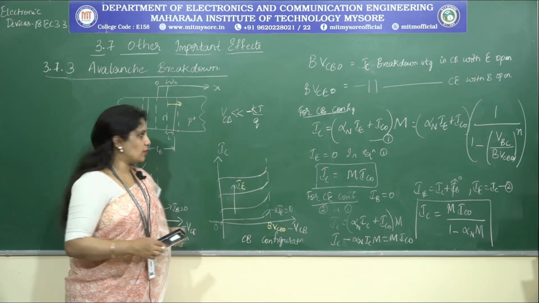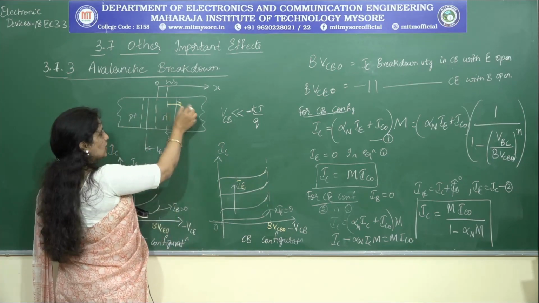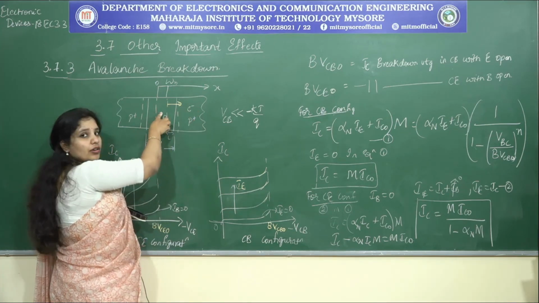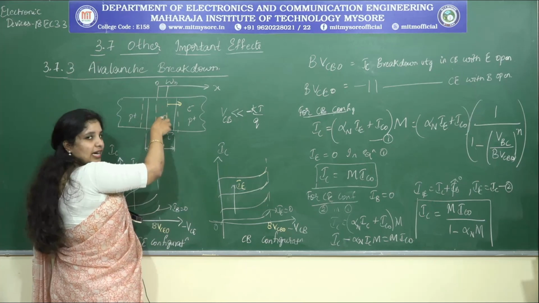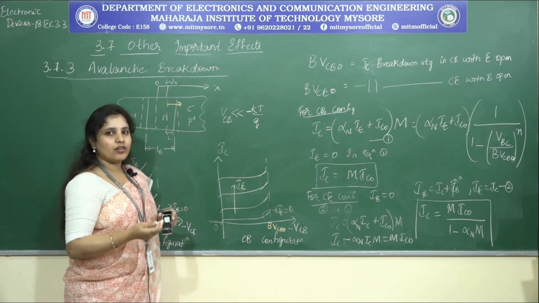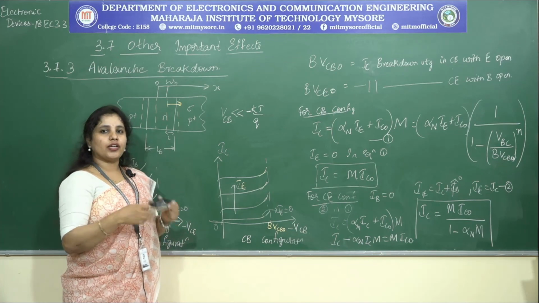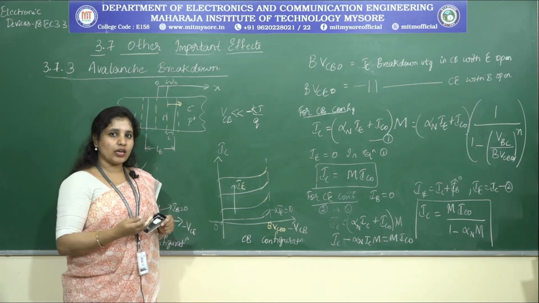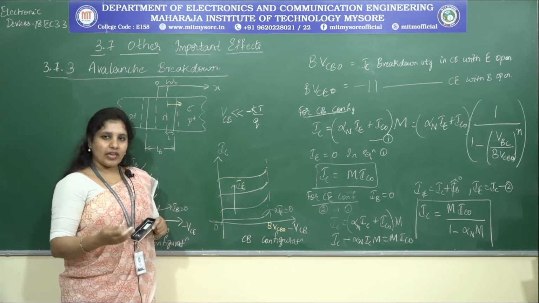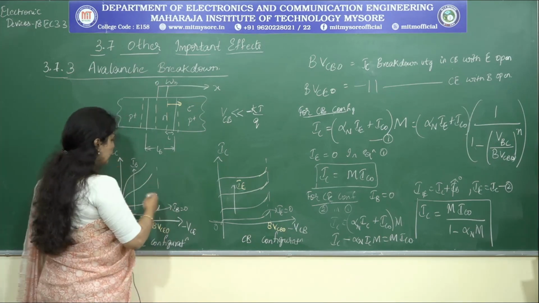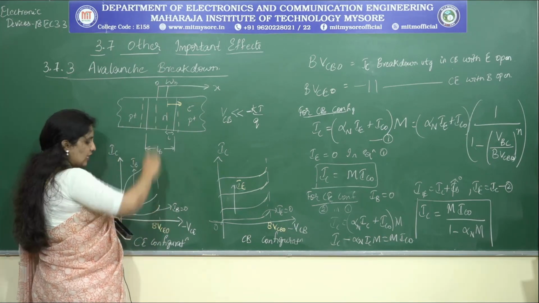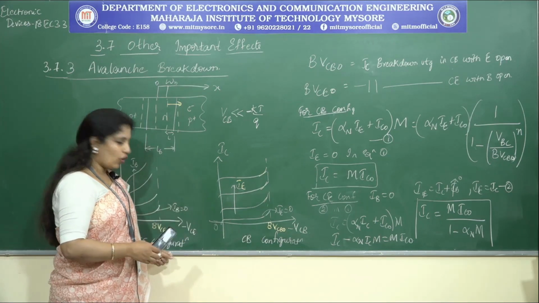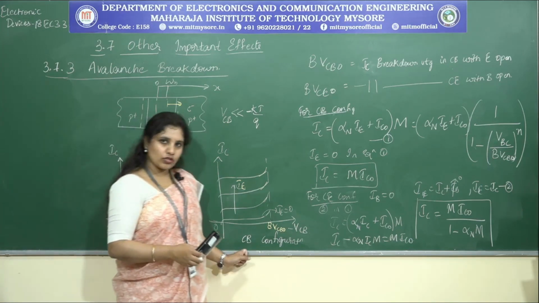So, what is the phenomenon that takes place? Because of the high electric field intensity, the electrons, that is the minority carriers present in the P plus, get drifted towards the N region, strike the atoms present here and generate secondary electron hole pairs, which again strike and create a third one, and similarly it goes on. As a result, the carrier concentration increases, and this results in what is called avalanche multiplication, which makes the current break down at a certain point and increase tremendously, and those breakdown points we have represented for two different configurations, that is common emitter and common base configuration,